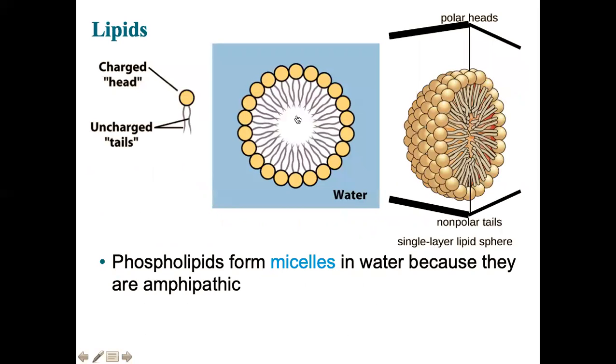Yeah, so what that means is if you put a fat in water, or a phospholipid, I'm sorry, it'll form what we call micelles, meaning all those parts that don't like water are going to arrange themselves so that they're protected, and all the parts that do like water are going to arrange themselves so they're interacting with the water. So the little fatty parts are protected on the inside. And that's really important because that's how our cell membranes are formed.